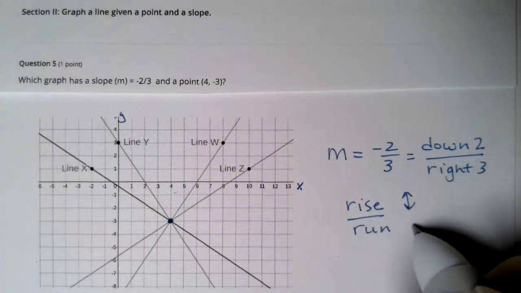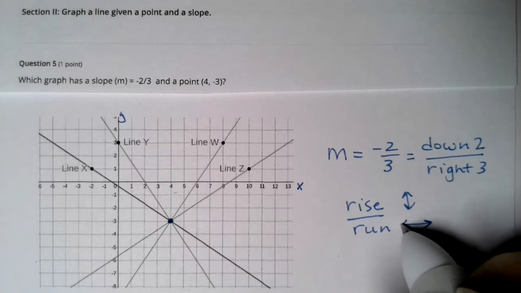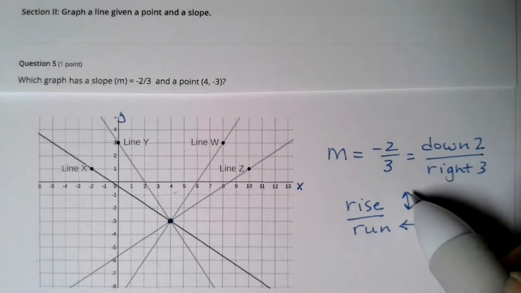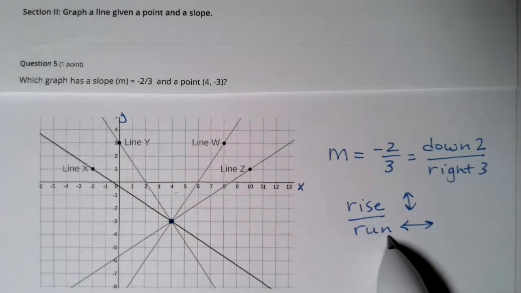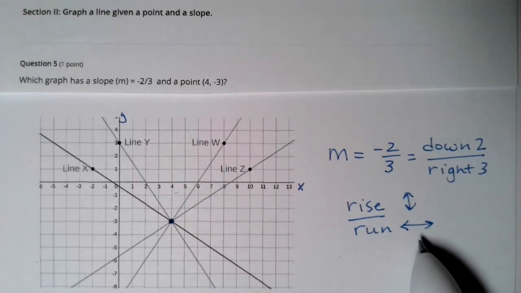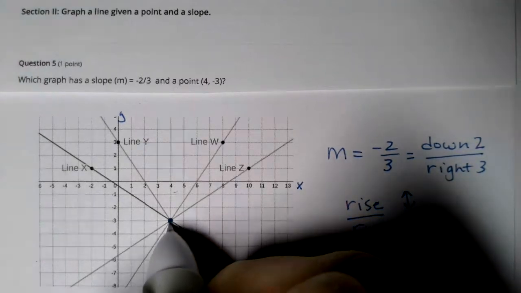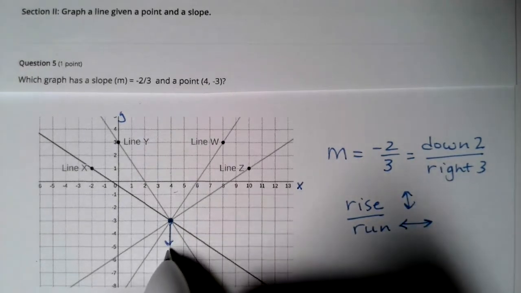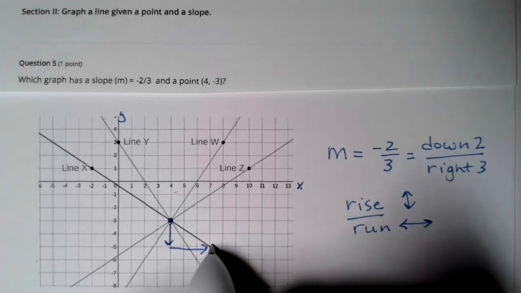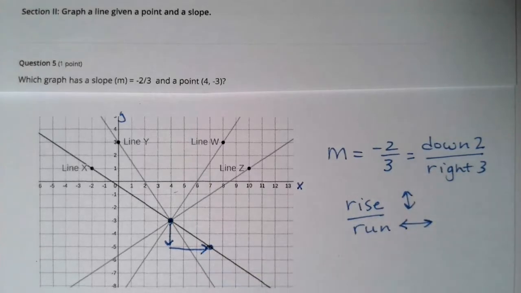Rise is your up and down change, and run is your left and right change, or rise is your vertical change, and run is your horizontal change. So if I'm looking from this point and I'm going down 2 and to the right 3, you can see I pick a point right here. I could also go